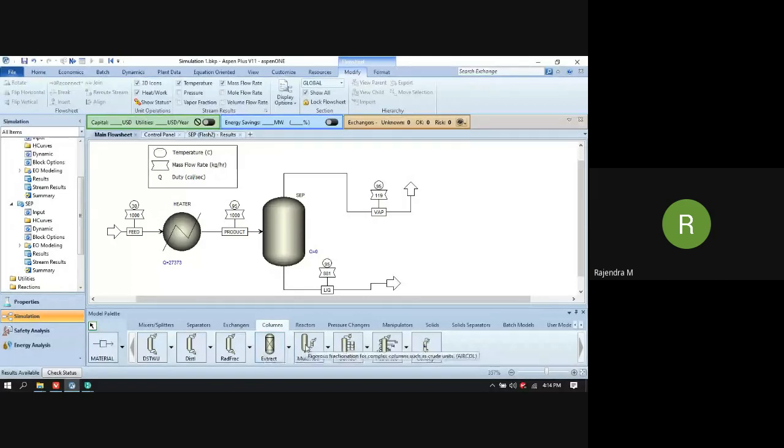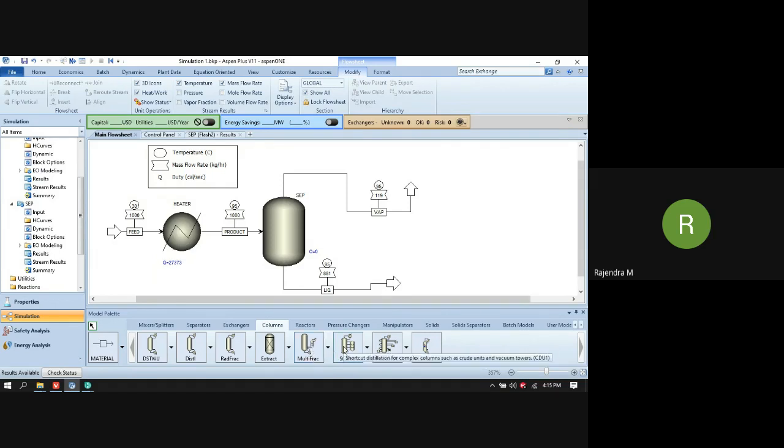Then there are petroleum refinery related columns. This column, MultiFrac, is a rigorous column used for crude oil distillation. If you would like to have multiple inlet streams and do hydrocarbon and separation calculations, then you can use the MultiFrac calculations.